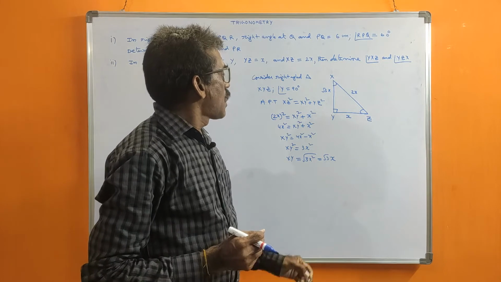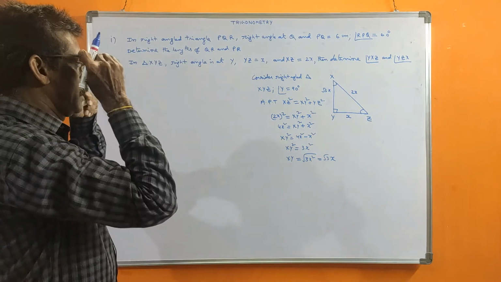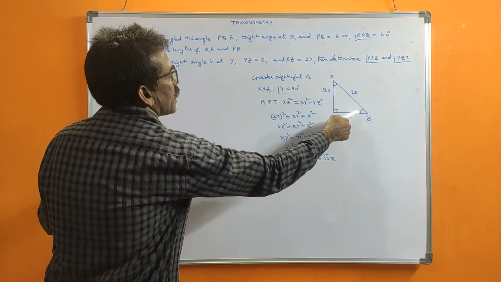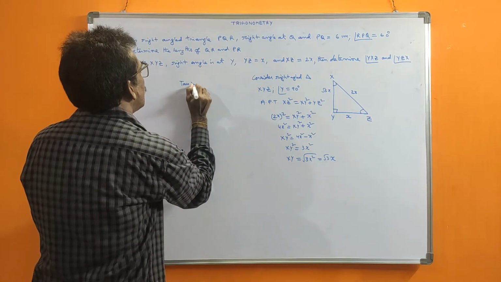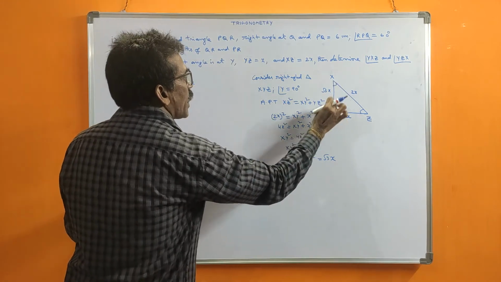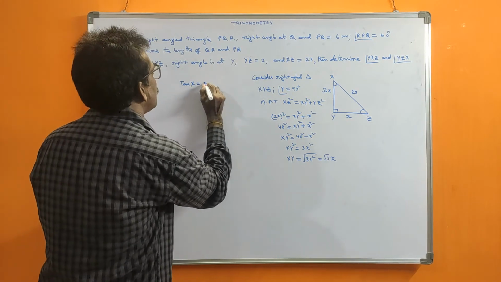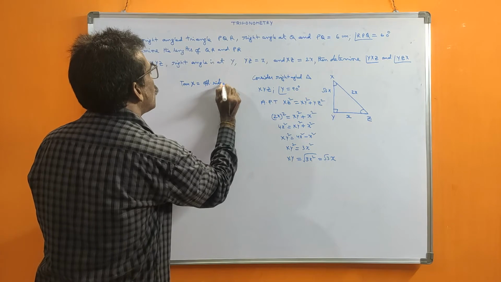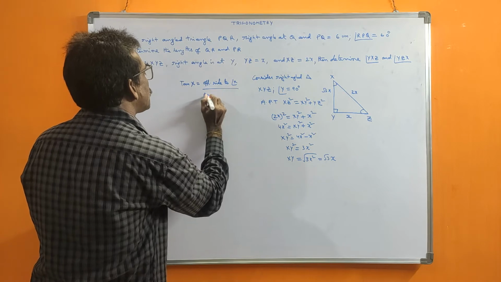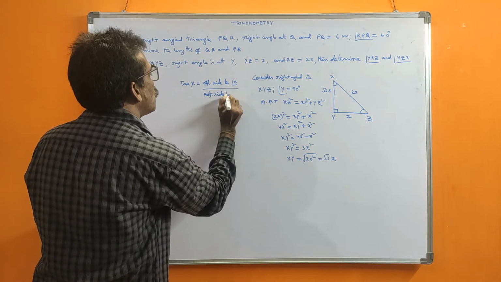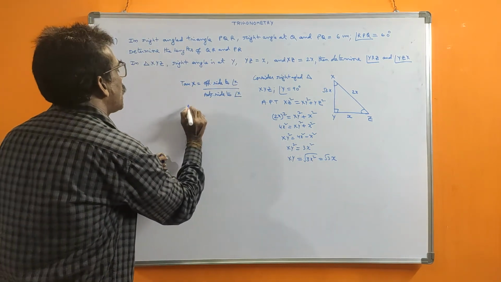Now what is being asked? Angles. Since you know all three sides, I am taking tan, because tan is simple. For calculating this angle, I write tan X. Writing angle Y, X, Z is also the same, so I simply write tan X. The formula is opposite side to angle X by adjacent side to angle X. Opposite side by adjacent side is the tan formula.